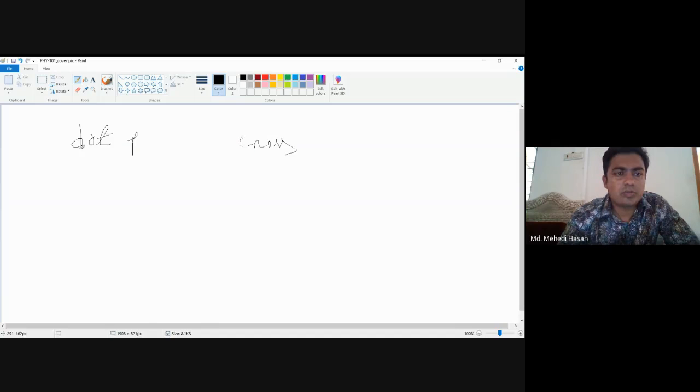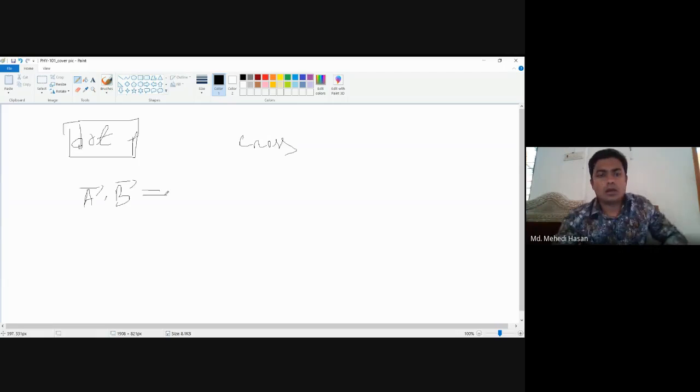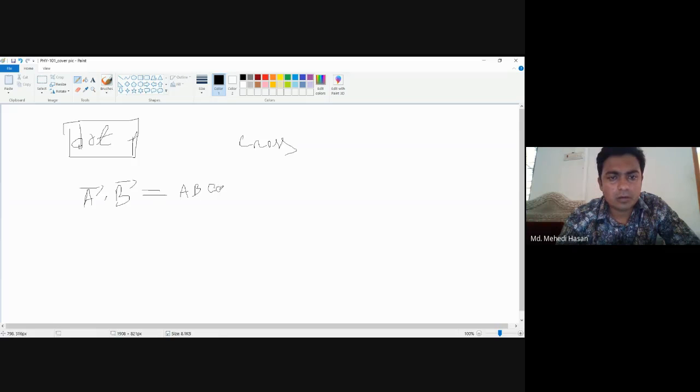In case of dot product, a vector dot b vector is equal to ab, the magnitude of vector a times the magnitude of vector b, cos theta. So this is the formula for dot product, and for cross product,